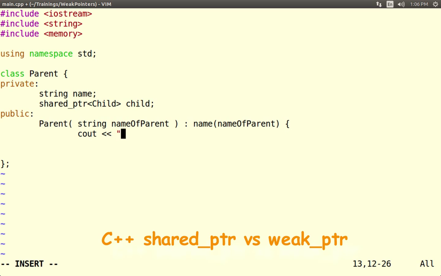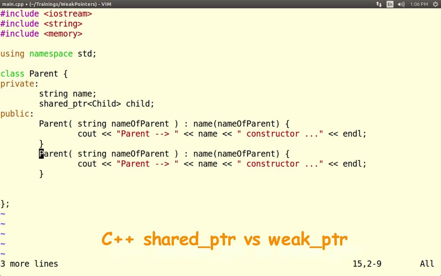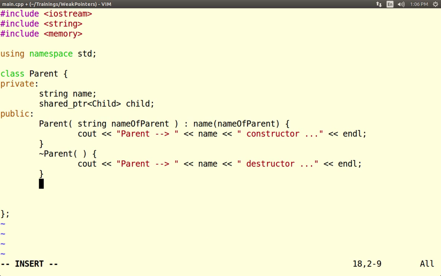Okay, that's done, and I'm going to do a print. Over here it's going to be parent name, and it's going to be constructor. Okay, and we are going to define the destructor now. Let's replace this constructor with the destructor. Okay, we're done, and apart from this, I'm going to define a simple function called setChild, and I'm going to